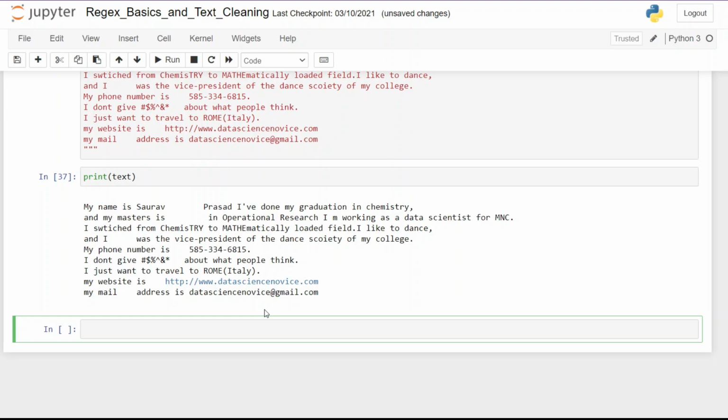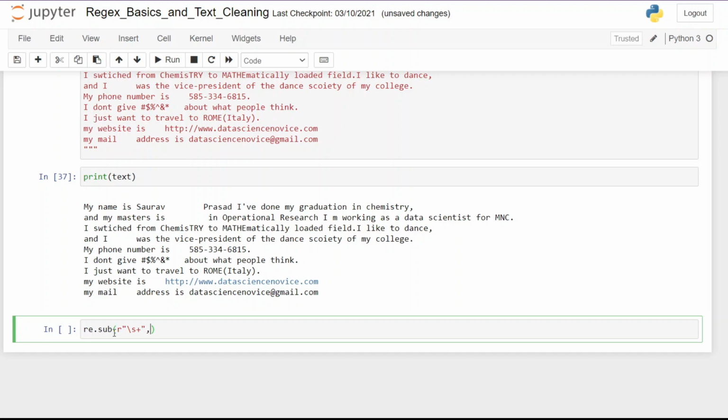So our task is to clean the data set and we are going to tackle it one by one and then we will build a function. So first we are going to remove all the empty spaces and for that we are going to use re.sub. Sub stands for substitute. So this function takes 3 parameters. So first we have to pass the pattern and here we are going to use identifier, slash s plus means one or more spaces.